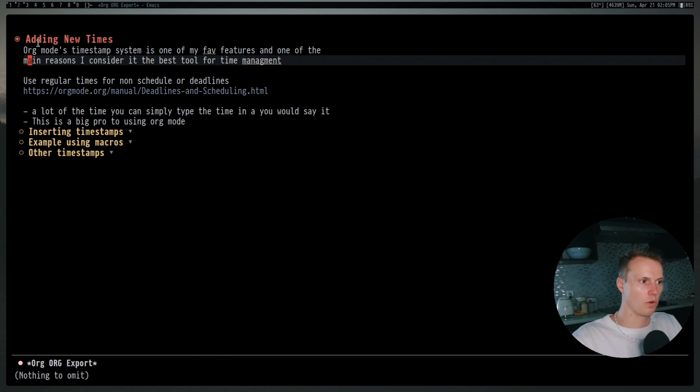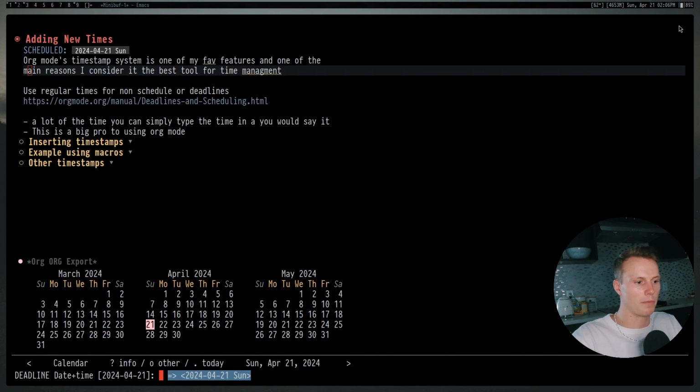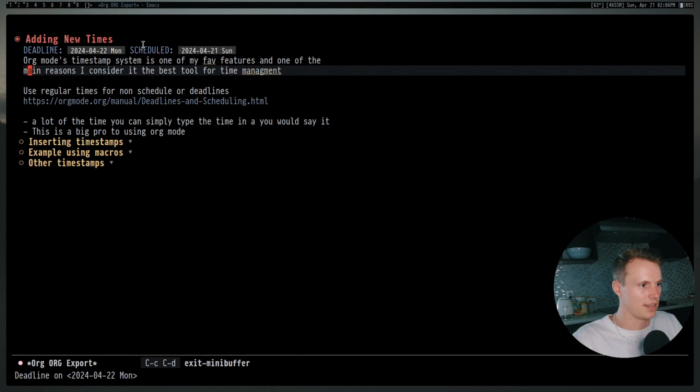Now, one of the things that makes org and org agenda so useful is its built-in features when it comes to timestamps. Timestamps are a first-class feature in org mode and often something that you'll find yourself using in your notes. There is an idea of a deadline and a scheduled time. So for example, if I do Control-C-S, it will prompt me to enter a schedule, or Control-C, Control-D, it will prompt me to enter a deadline. So let's say it's due tomorrow. And you'll see that it enters both of those.